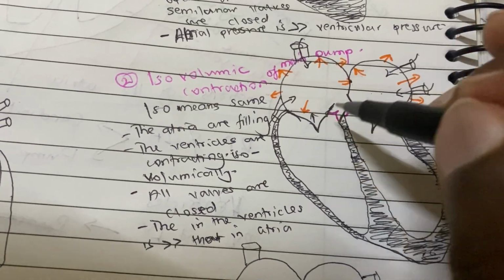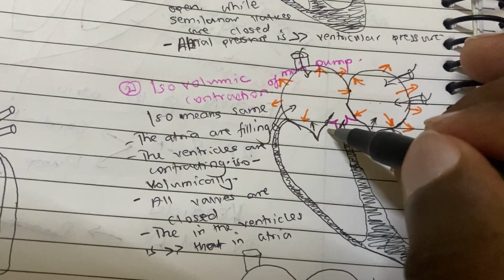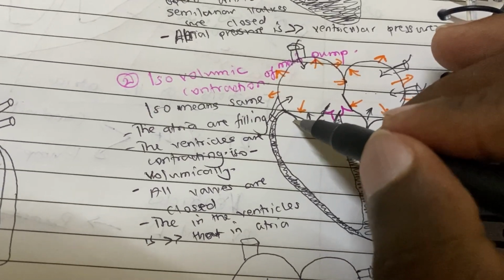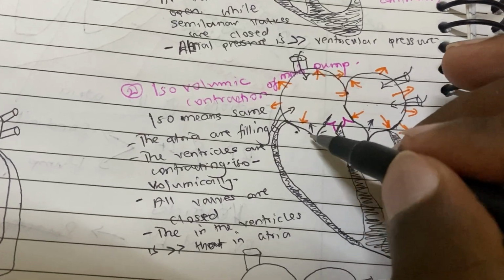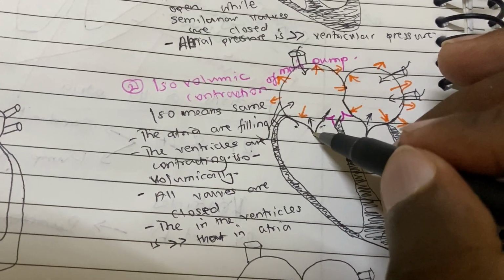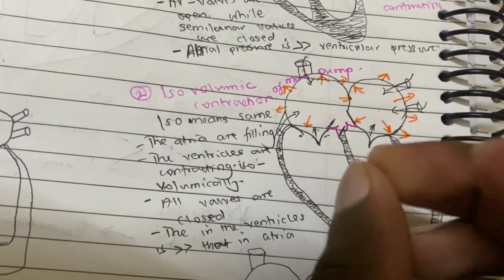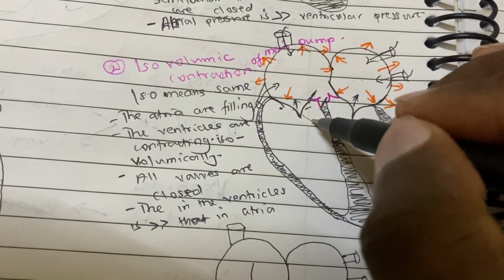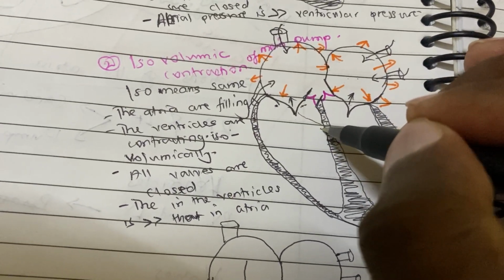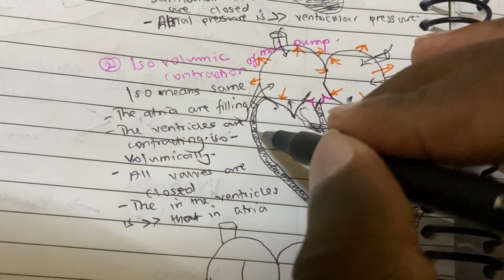It will try, but because some blood is acting from here, another one is acting from here, it will force these leaflets, we call them leaflets or cusps, to come together, and since we have papillary muscles supporting these valves,